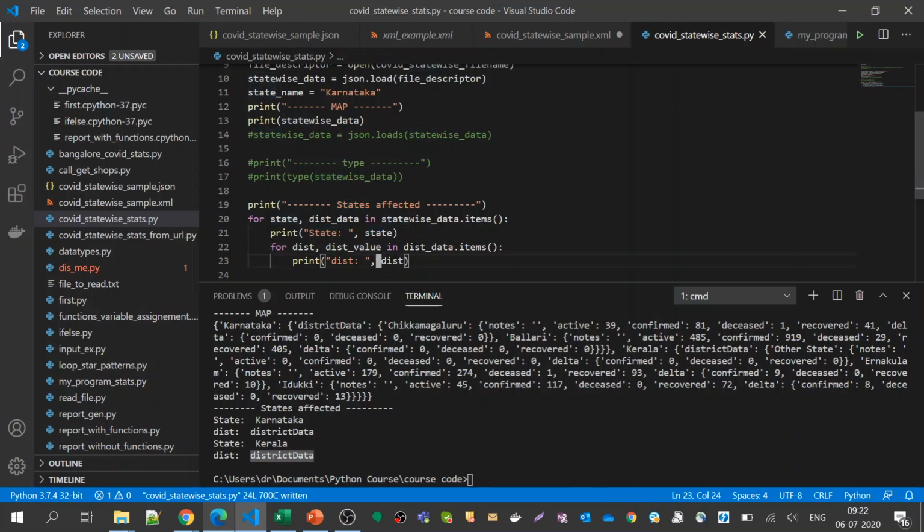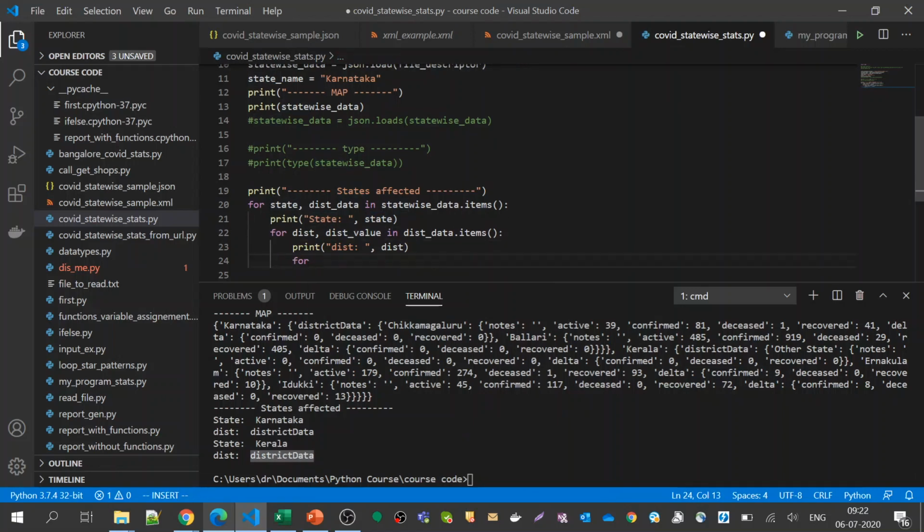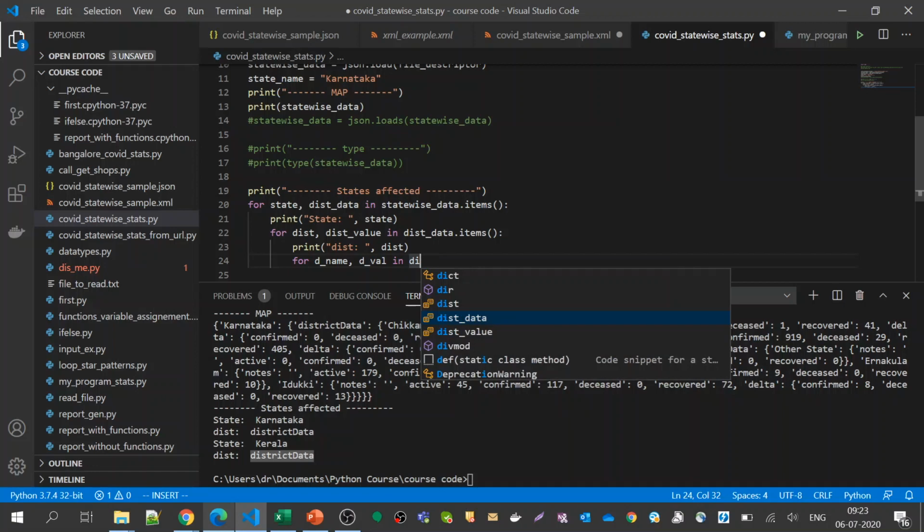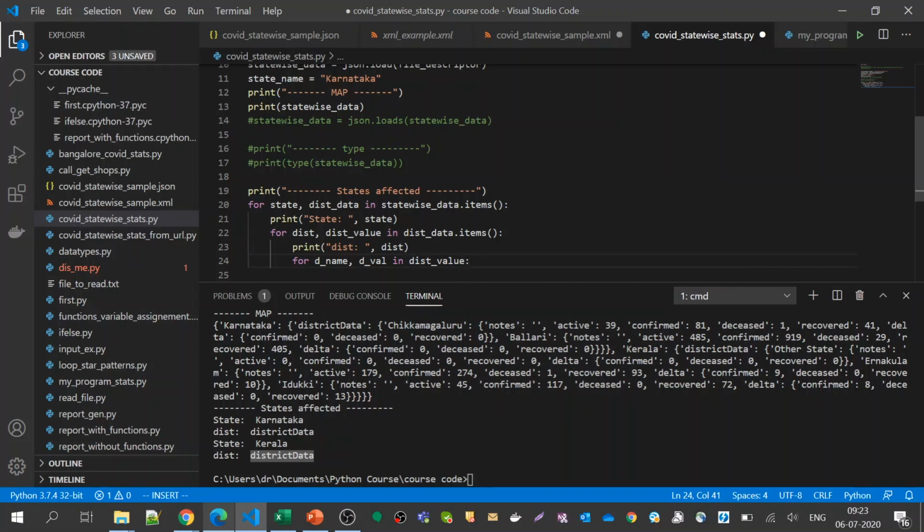So now I'll put another loop. I need to loop through not the key but the value, because the value is a dictionary. So let us say district name and district value, some variables, in the sub dictionary.